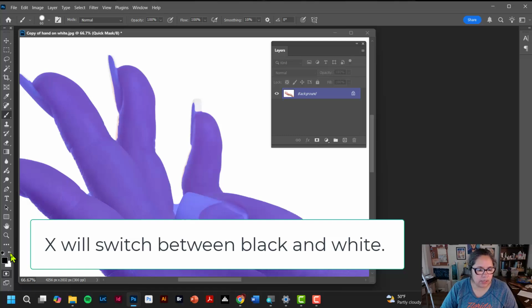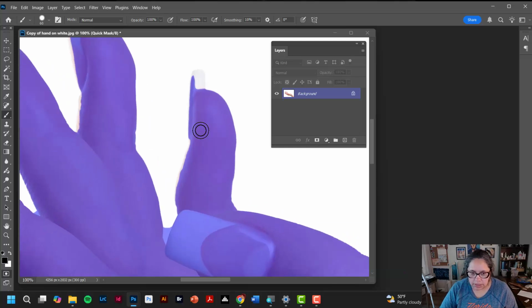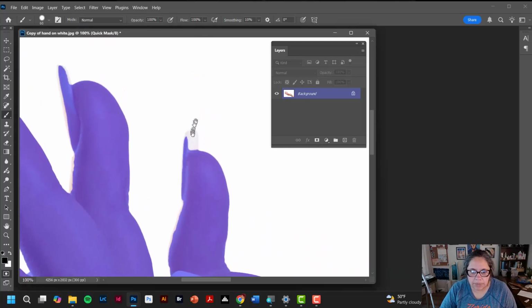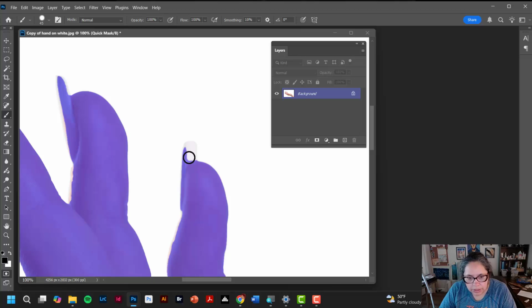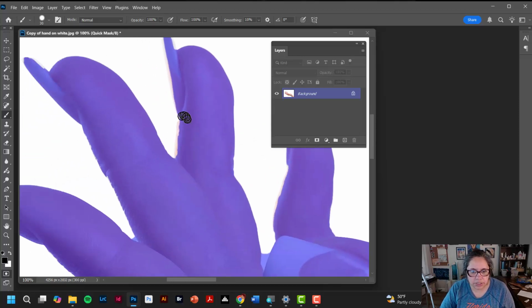So I'm going to put the color black. I'm going to head right here to this nail, and using my brush, I am going to paint what Photoshop missed. Once you have added all the selection that Photoshop may have missed,